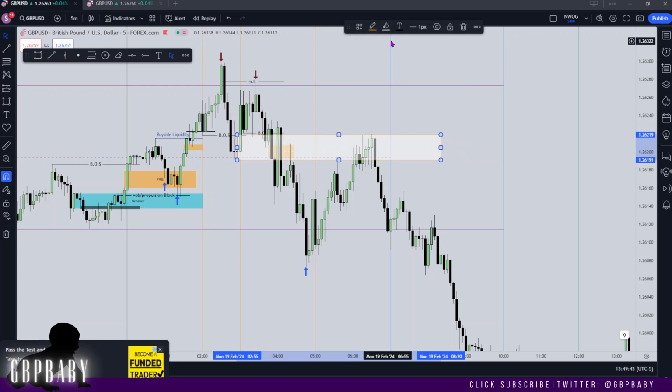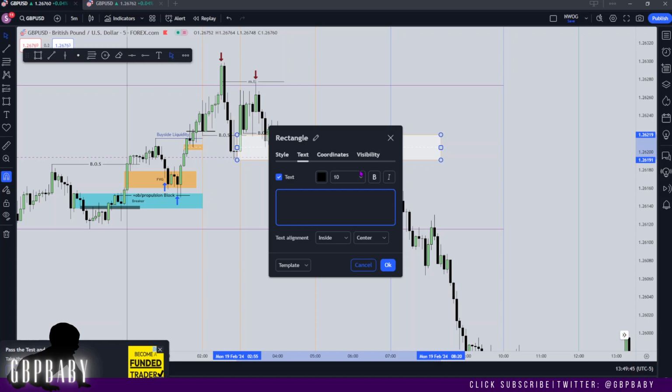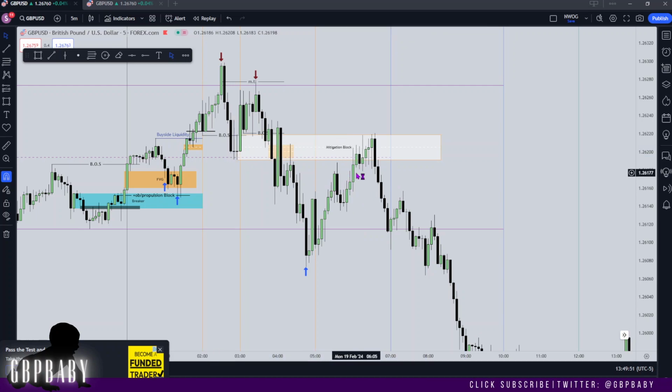We can make that white. I'm just going to put mitigation, because at the end of the day, that's a lower swing. So price trades into that before we get another break in market structure. Quite aggressively falls here, so we've got break of structure here,